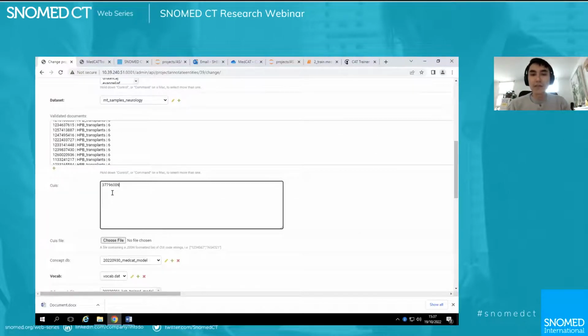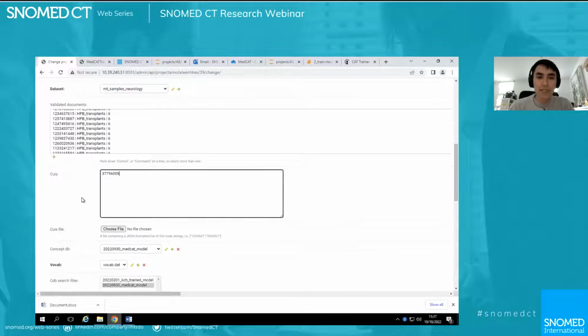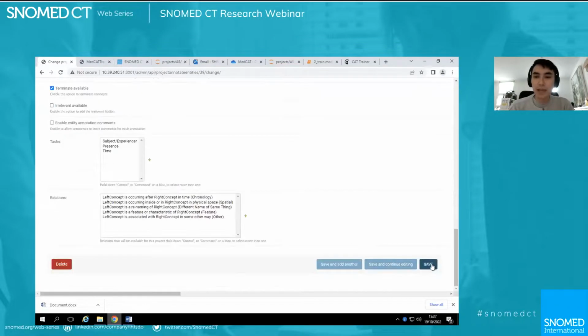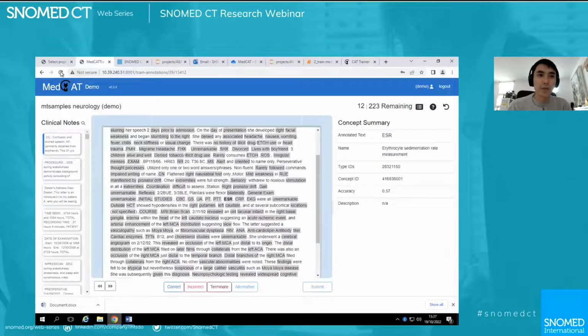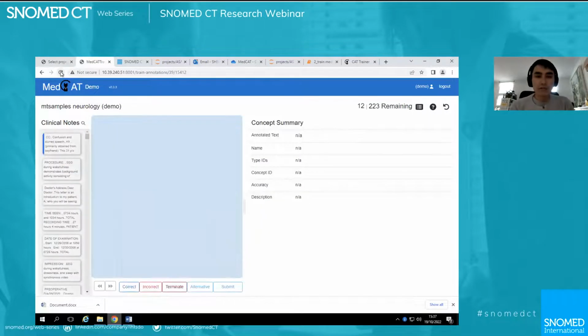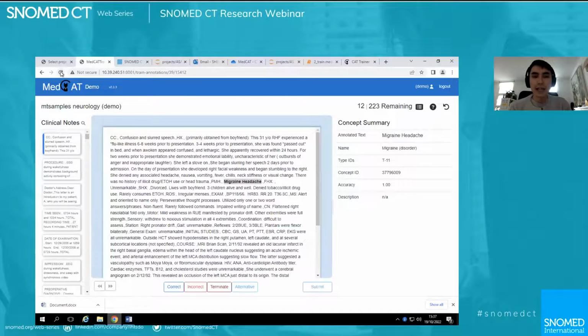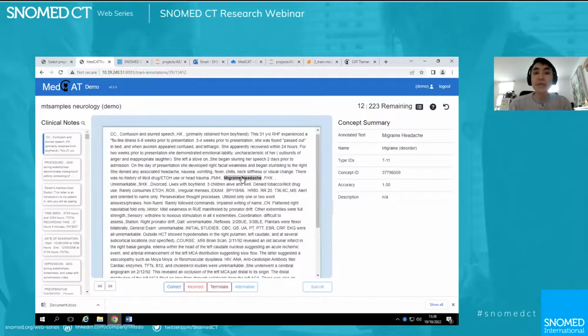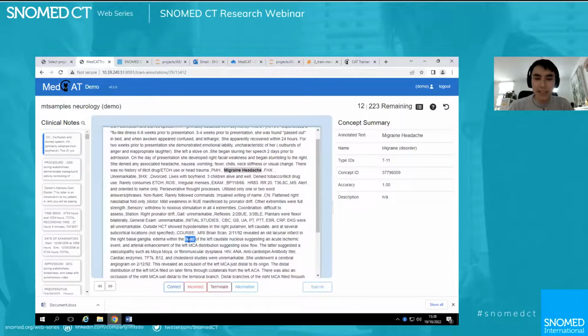I'm just going to add a filter to look for a specific SNOMED code, and then I'm just going to apply this to the document as well. And so I'm just going to refresh. The code that I highlighted was just migraine. So if your project is, okay, within this document to only annotate migraines using SNOMED CT codes, well, it's very easy, right? Here, it's got a prediction, migraine, but still the annotator needs to go through and read through the text to highlight maybe manifested means headache or migraine, or maybe at some other point there is a headache example as well.